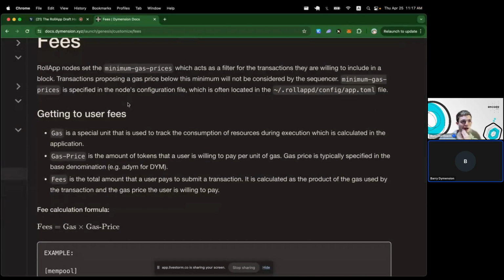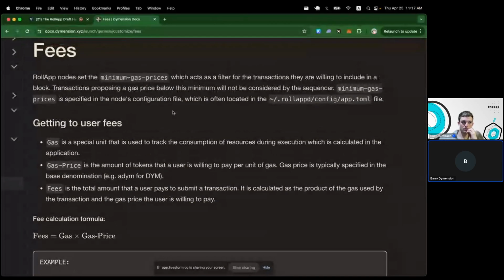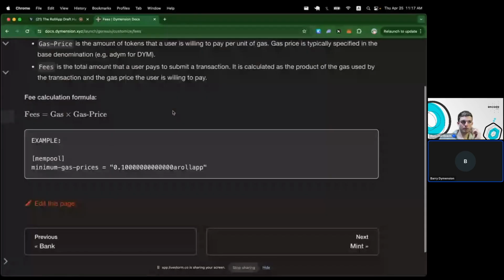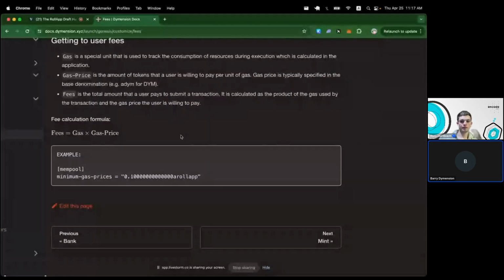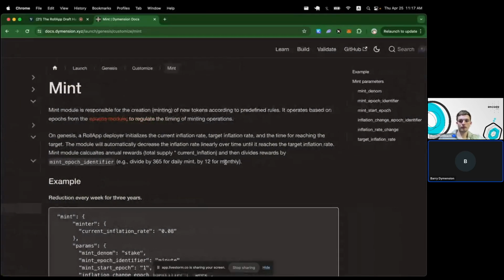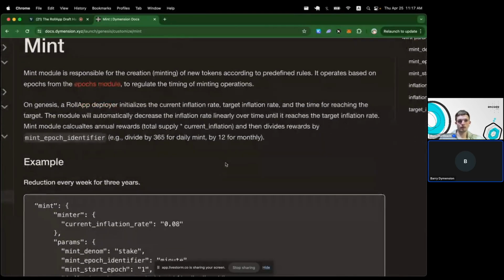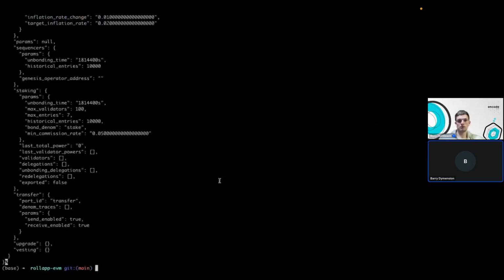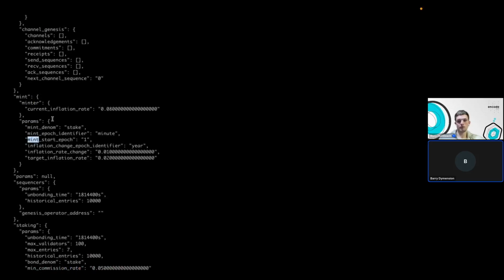So for example, now the sequencer or the RollApp block producer will charge a fee for actually submitting a transaction to the sequencer's mempool. So that's setting up the gas prices. And next we'll want to change the minting parameters. So for example, if we go back to our Genesis file, we'll see the mint,